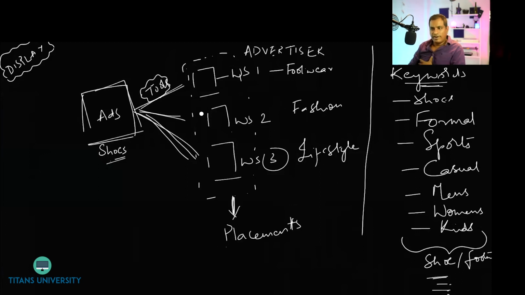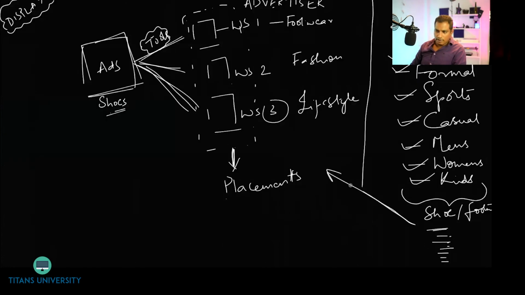But if you don't want to find these placements yourselves, if you don't think that you will be able to do a good job, or if you don't know what kind of placements are existing, what you could do is you could give in a set of keywords and ask Google to help you with these websites. So you give in a list of keywords and Google will find out these placements for you, right? Now, do you see how you're getting placements in two ways? One, where you are manually going and finding. Another one where Google is helping you find them automatically.